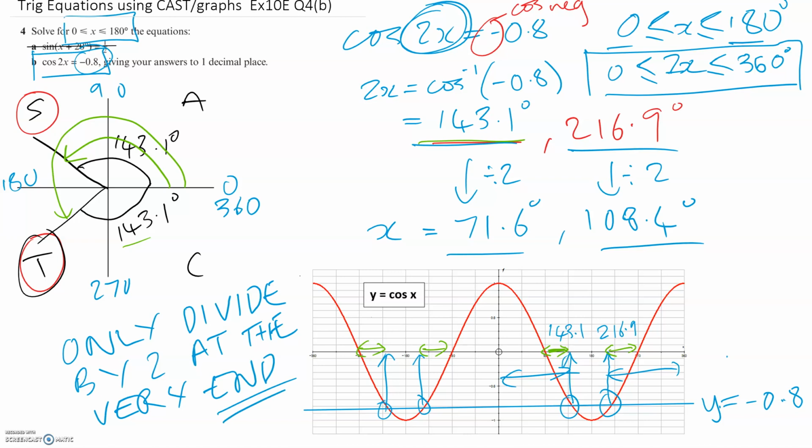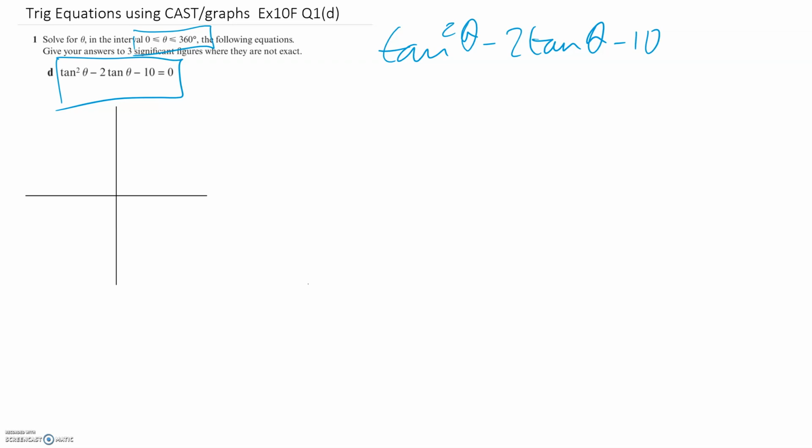Okay, let's just do one more example of using the cast diagram to solve trig equations. So this question here, it's exercise 10F question 1d in the textbook, between 0 and 360. Now straight away you might recognize that this looks a lot like a quadratic in disguise, and it is. If you were to let x equal tan theta, it would be even familiar as a quadratic,